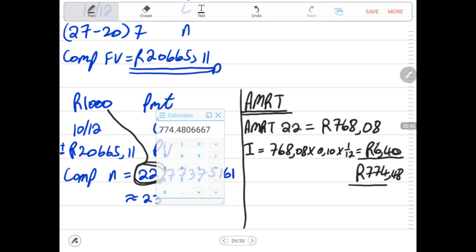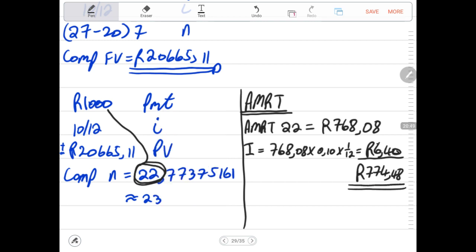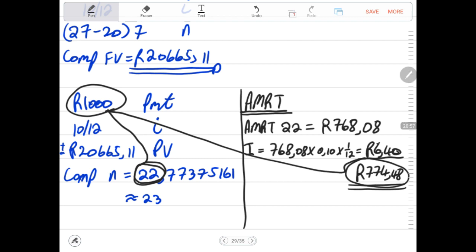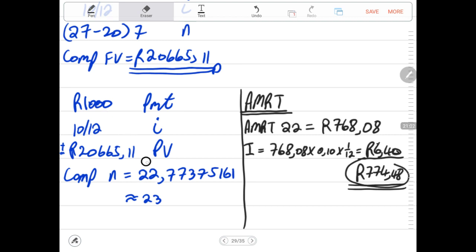774.48. So this is the amount of the last withdrawal, and we can see that the amount of the last withdrawal is not the same as 1000. It is less than 1000 rand. That simply means that we are going to make 22 whole withdrawals of 1000, and then the 23rd withdrawal will be less than 1000, which is the amount of the last withdrawal,